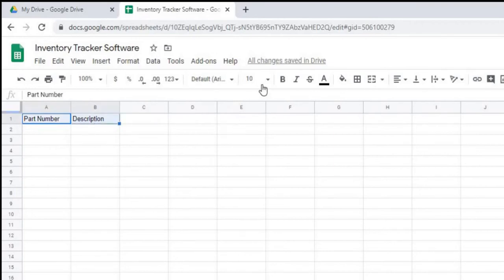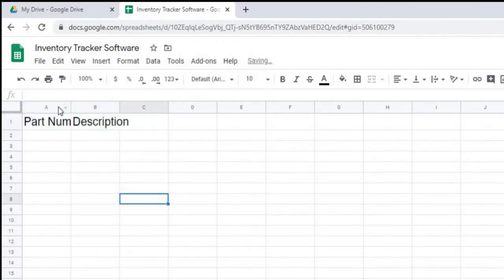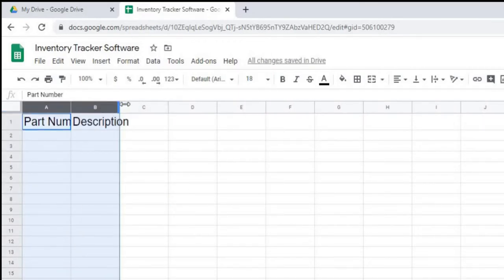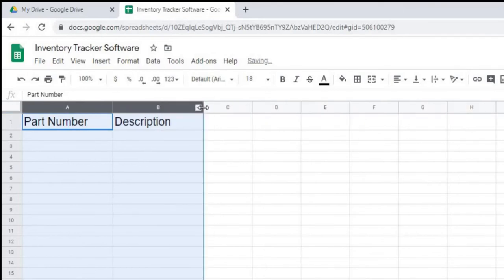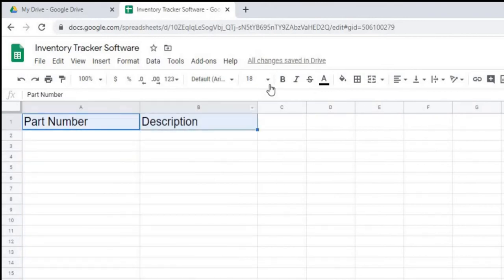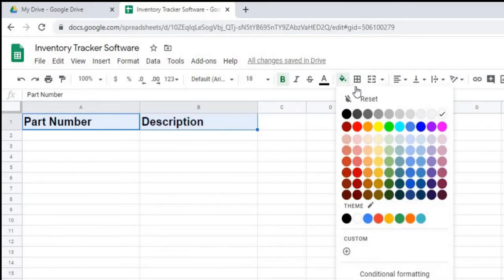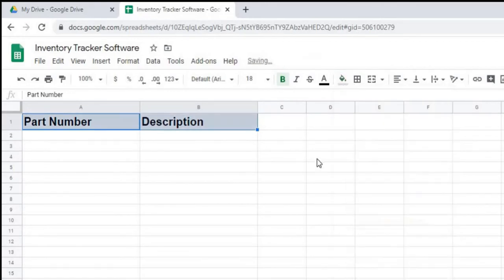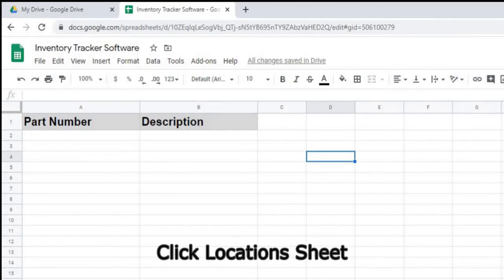I mean, you can basically leave it like that, but I'm going to make it have a little better appearance, so I'm going to make it 18. I'm going to space these out a little bit, give a little more room, and then I'm going to bold these, hit the B here, and then also I'm going to shade the background a little bit, just kind of make it stand out a little bit different. So that is complete. Next I'm going to go to locations